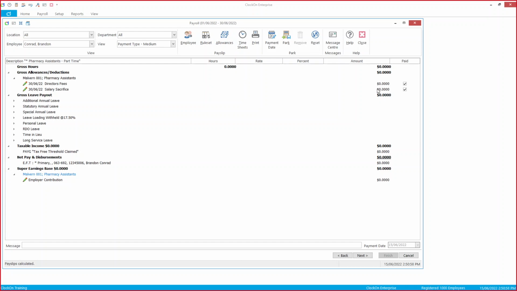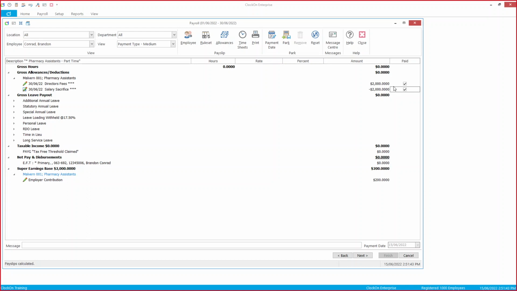now we've got two allowances in here. One is the director's fees and another one is the salary sacrifice. So if we say put in, let's just say for example, this employee is going to get $2,000 of director's fees. Now, because we ticked the include in super earnings base, there is now $200, 10% of the employee's amount, in as an employer contribution. And if we put that entire amount as a salary sacrifice, it reduces the employee's net to zero, allocates the $2,000 there, but because